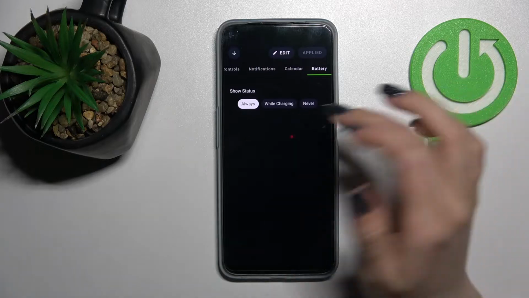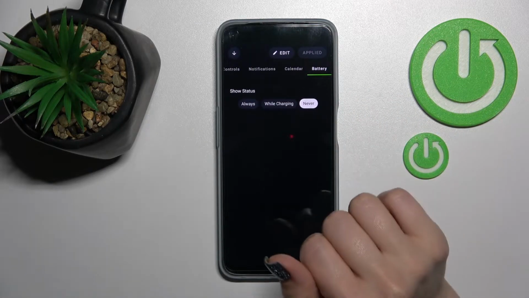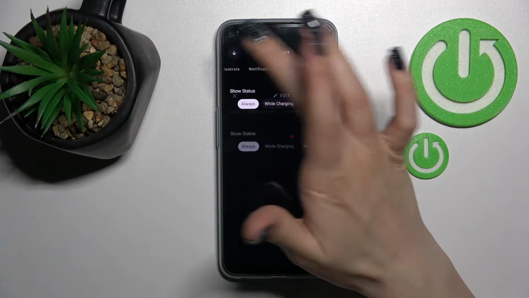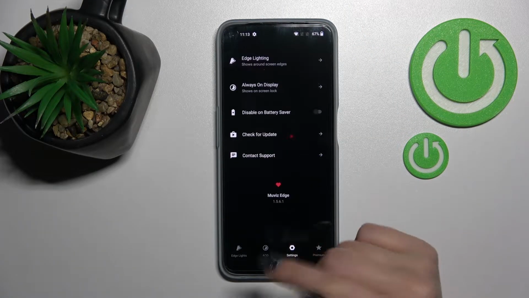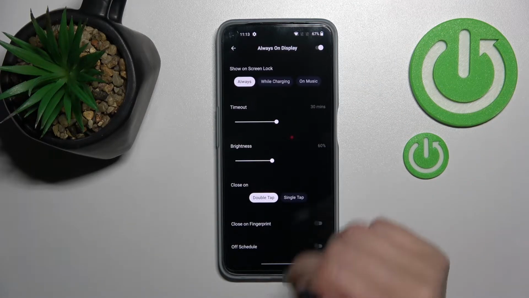So now we have selected the always option. We can switch it to while device charging and just don't show the battery status. So let's click here on the X icon, tap to the settings section, click on the always on display, and